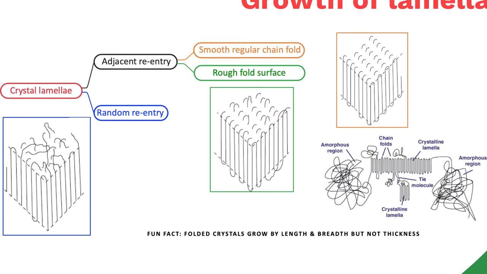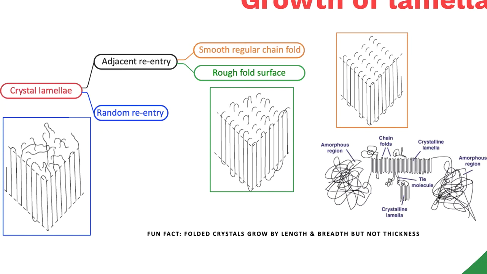So that is why when you have longer polymer chains or longer repeating units in polymer chains, the melting temperature will decrease because you are less likely to form a well-structured crystal lamella. The long parts, when they start to go back into this rigid 3D structure, would be sticking out either through the random mode or the rough fold surface or the smooth chain folds. So if they are longer, it's more likely they will go in as a random re-entry or rough fold surface, and that's why long repeating units would result in